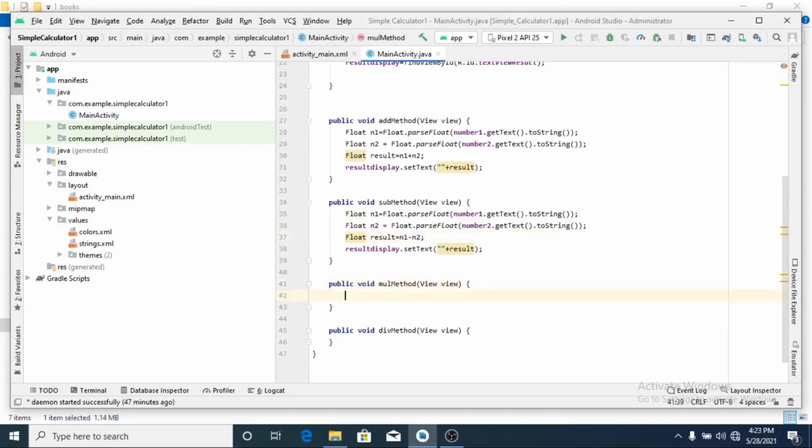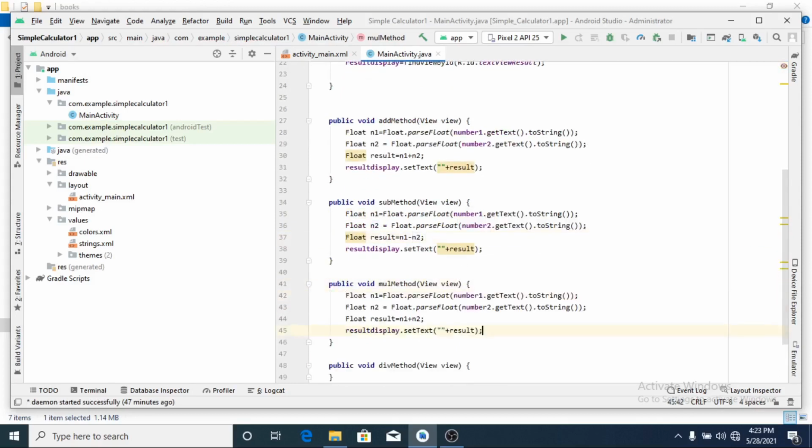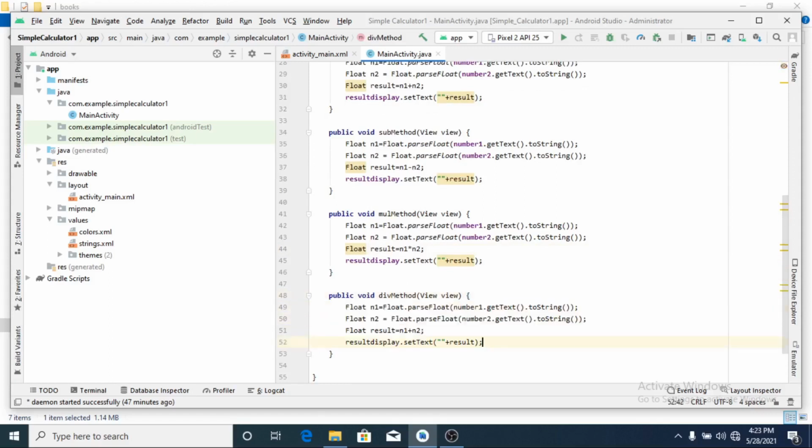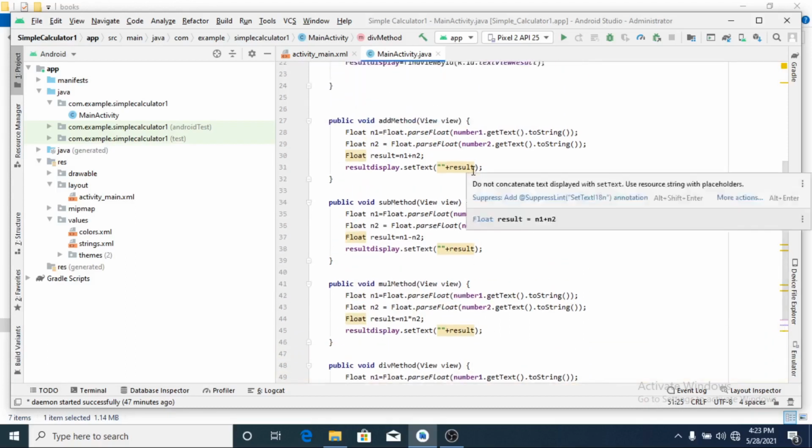Similarly, control V here, I will just convert this into multiplication, right? Multiply method. Last, okay, control V, here I am doing division, right? My Java program is completed, correct?